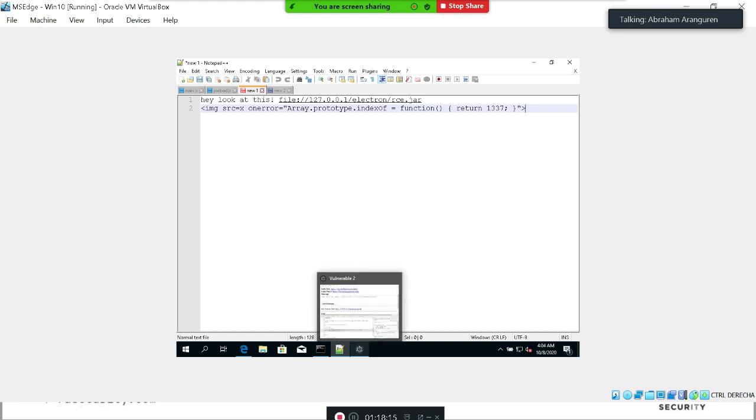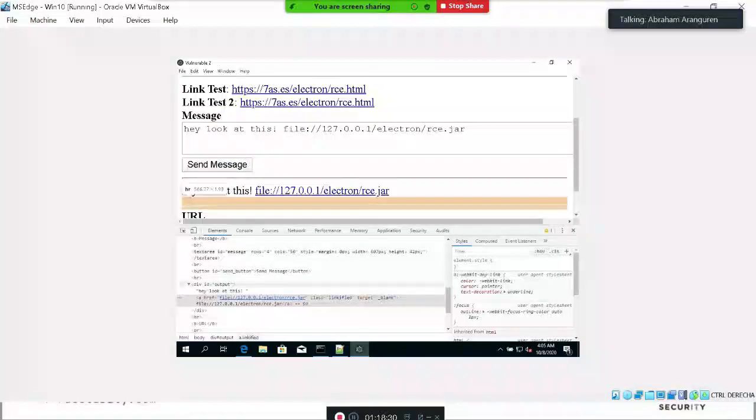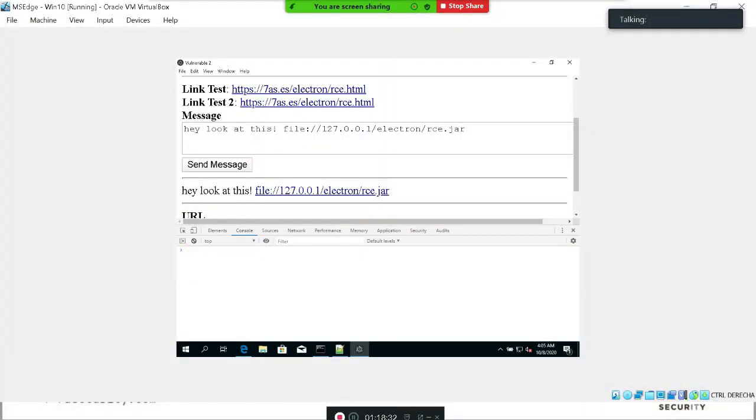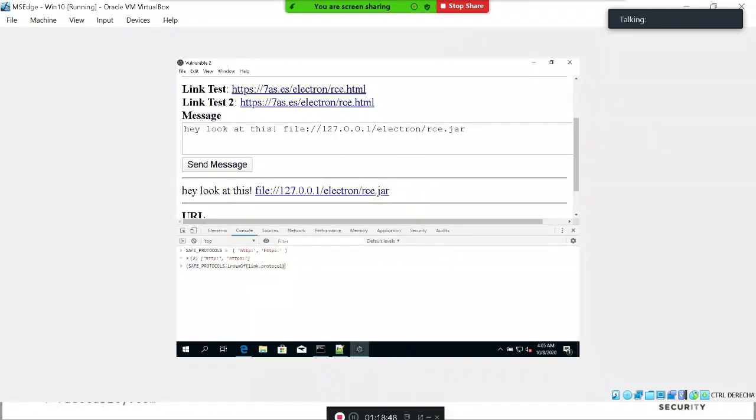So we can also, I think, let me see if I have the preload script here open, right? So we have safeProtocols, right? So if I do safeProtocols here on the console, I can do this, right? And then I can do safeProtocols.indexOf, and instead of link protocol, we are going to put here,